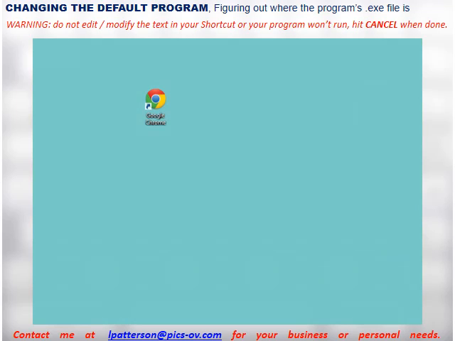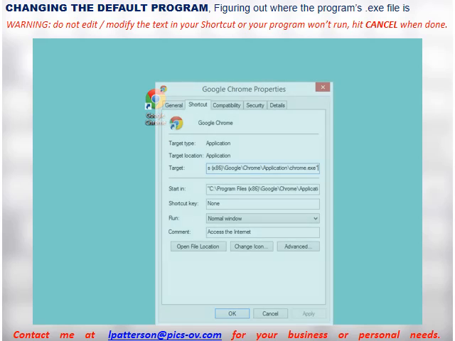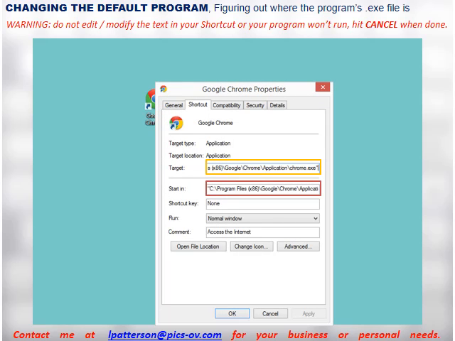There are a number of ways you can figure out where a program's executable file is located on your C: or local hard drive. If the program shortcut is on your desktop, you can do the following. I'm going to use Google Chrome in this example. Right-clicking on Chrome, then Properties. In the Shortcut tab, reviewing the target and if necessary the Start In fields, I'm able to surmise that chrome.exe is located in